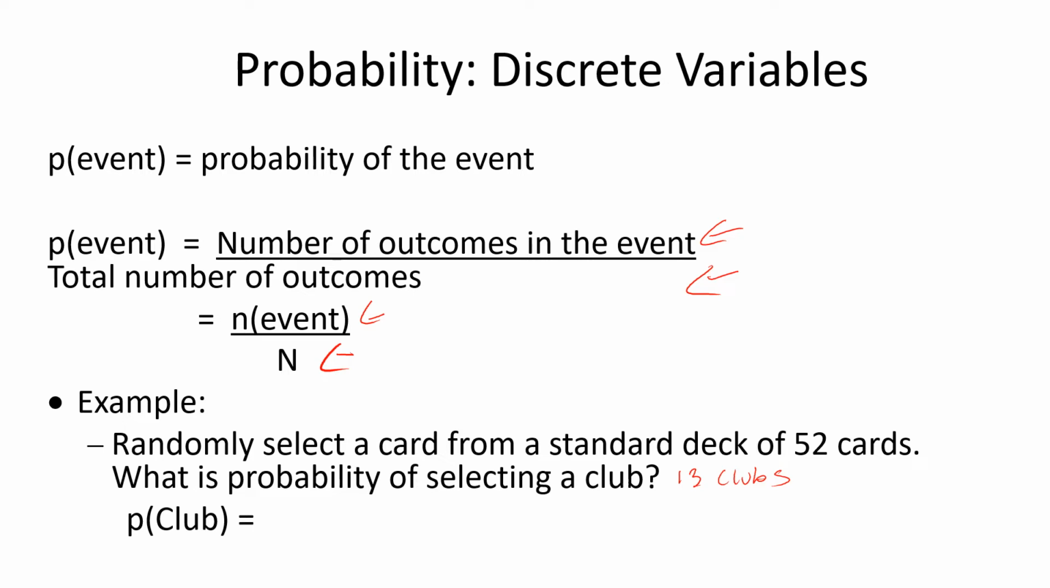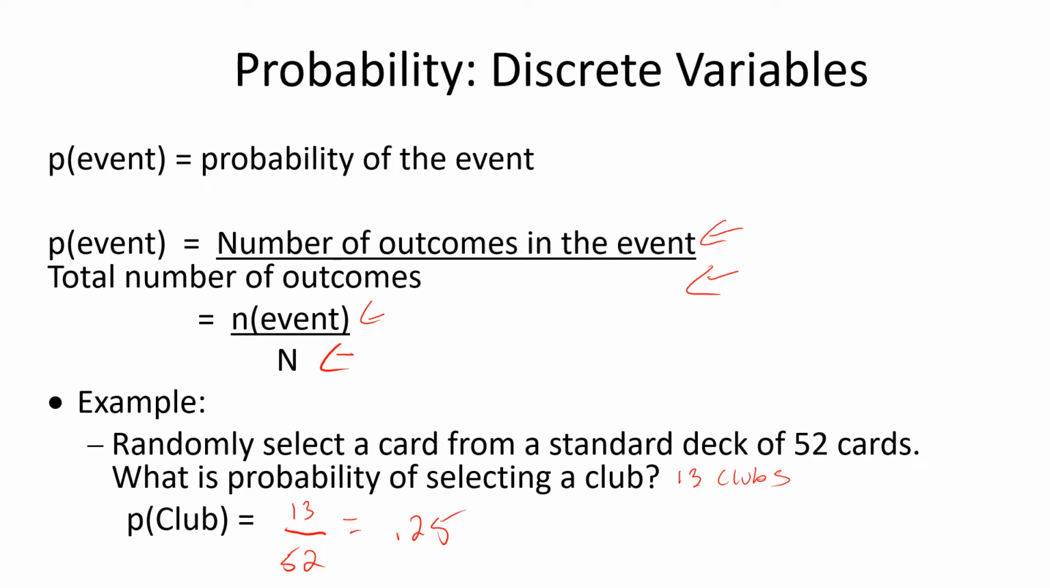So the probability of getting a club is equal to, and again, all basic probabilities like this are the number in the event divided by the number total. So the number in the event is 13. The number total is 52 because there's 52 cards, which is equal to 0.25. 13 divided by 52 is 1/4 or 0.25. So the probability of drawing a club when selecting one card out of a deck